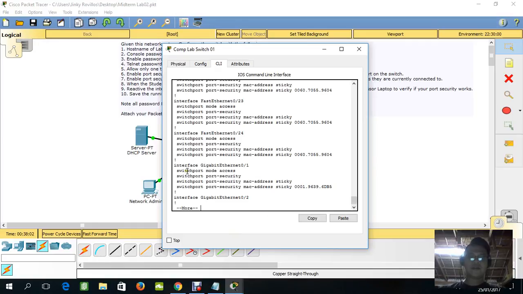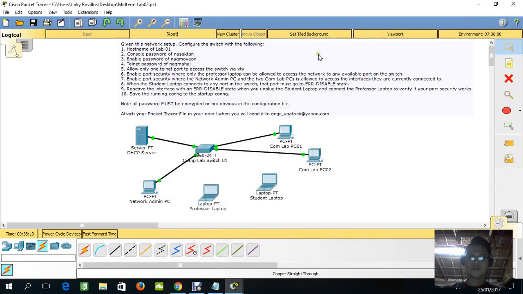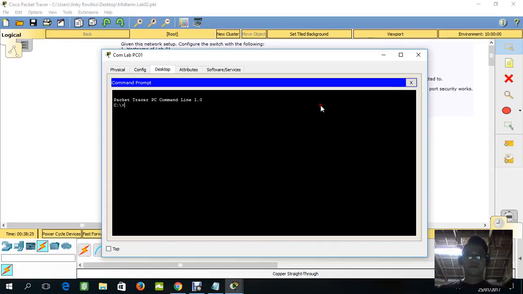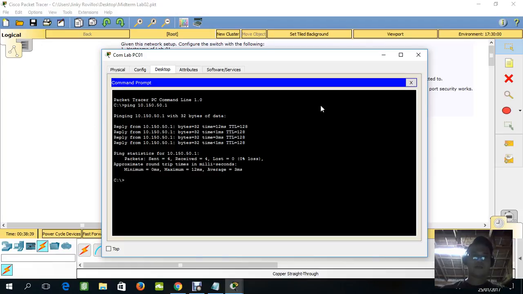As you can see here, the interface gigabit Ethernet 0/1 has a sticky MAC address. Then the next one we're going to do is ping PC1, and then PC2.